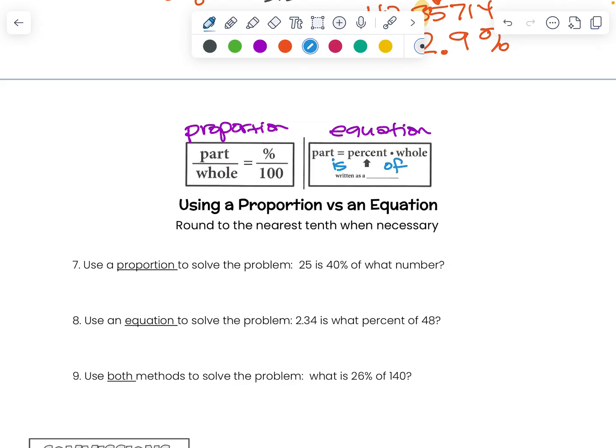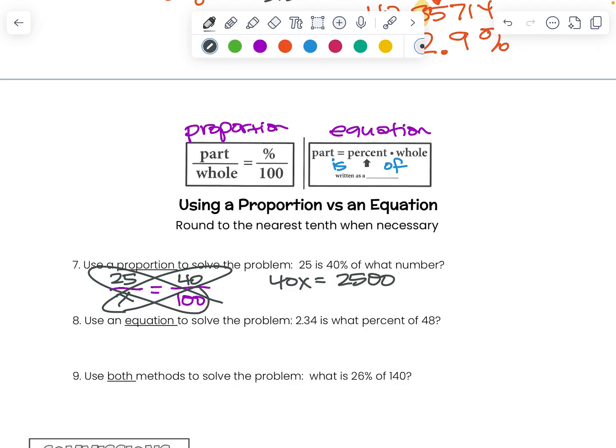I don't care which way you do it, but let's try, because there's two parts to this test. This one says use a proportion, so I'm going to set it up. Here we go. To solve the problem, 25 is, is goes on top. 40%, that goes right here. Of what? When we have a what, we put a variable. All right, then I'm going to cross multiply. I'm going to get 40x equals